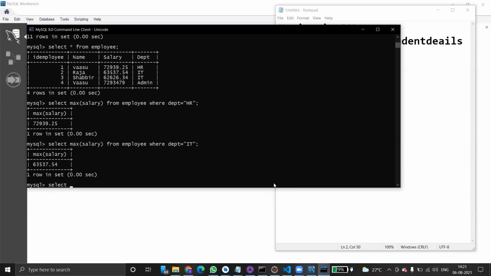Select count of name, employee, comma, department from employee table group by department having count of name greater than 1.